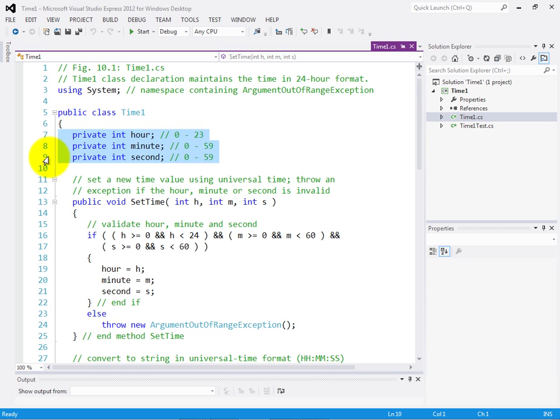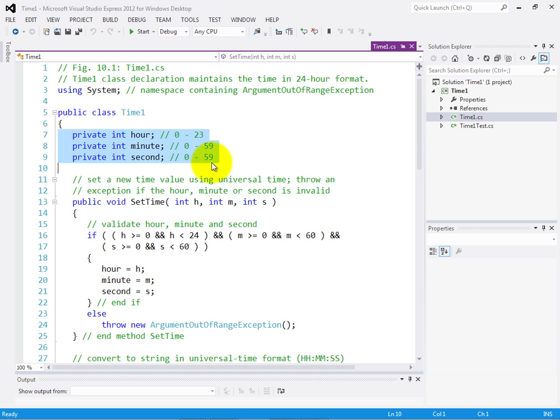If a piece of data is declared as public, then the users of the class, the so-called client code parts of the program, would have access to that data and would potentially be able to place values into the hour, minute, and second that are not in the proper ranges. If you need to maintain data in a specific range and ensure that that data is always valid, then you have to make the data private and then make sure that your methods within the class operate on that data